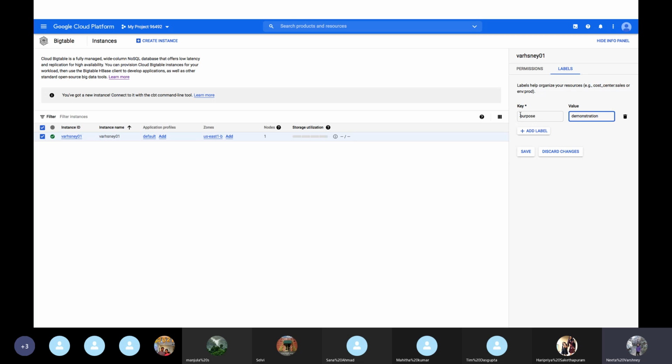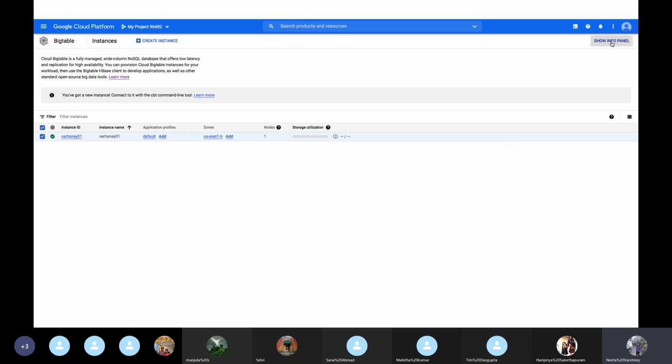Once set, the key cannot be changed, but the value can be changed again and again if you want to, and you can add more labels as well. If I want to change the value of my label, I can, but keys cannot be changed. Or I can delete it, or add more labels.